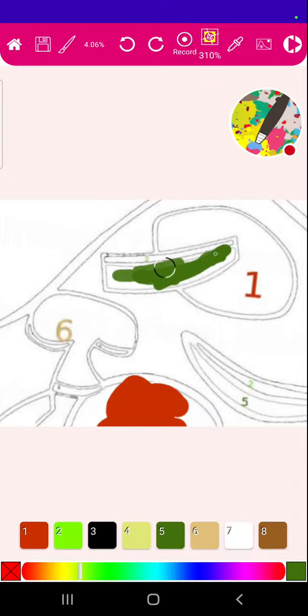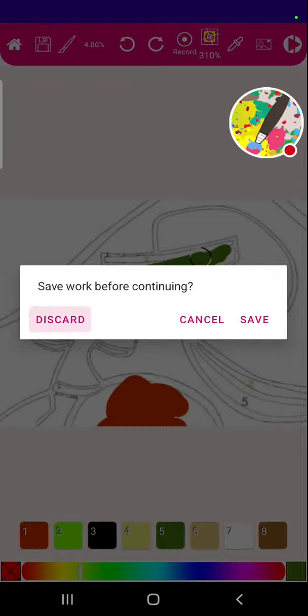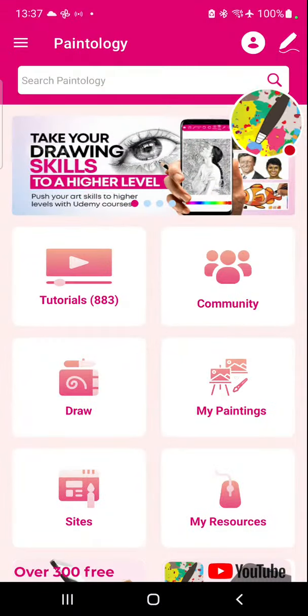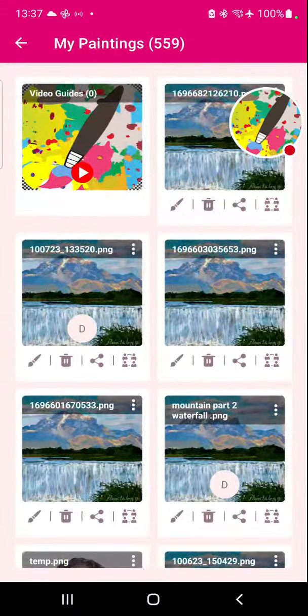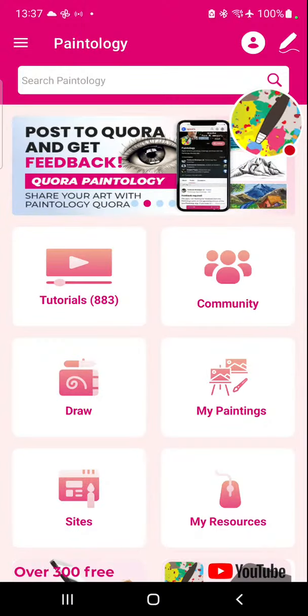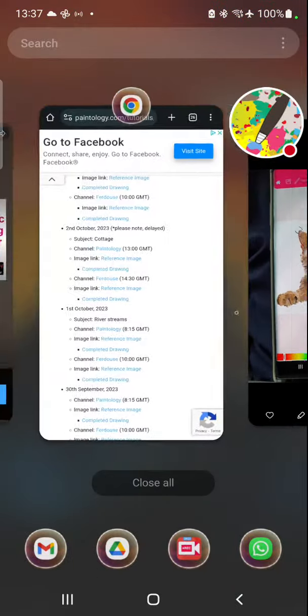Just go through it like paint by numbers, and you can save it, and that will come into my paintings, so you can always resume your work. Okay, so there are plenty of tutorials to get you happy. And one of the things that I would highly recommend is when you